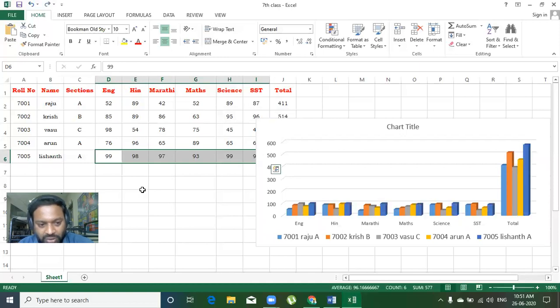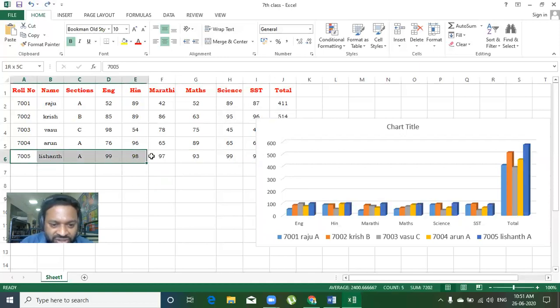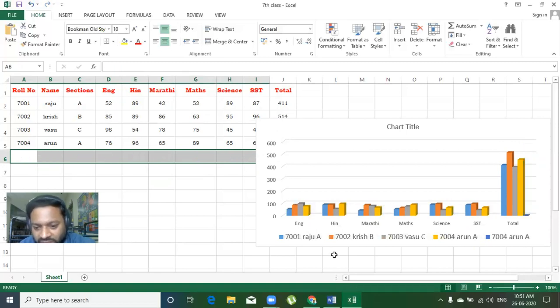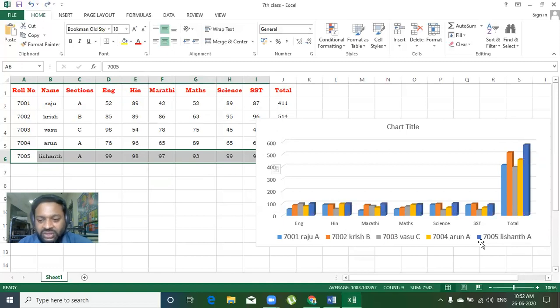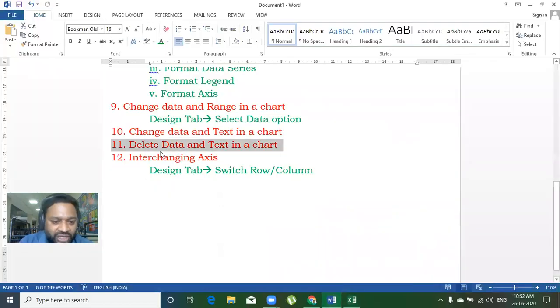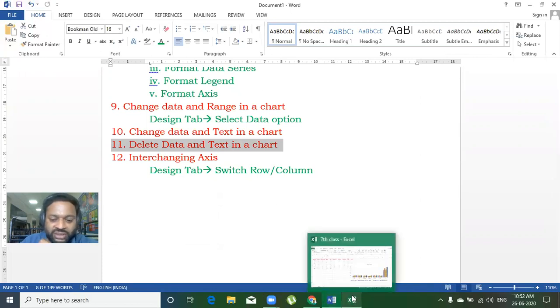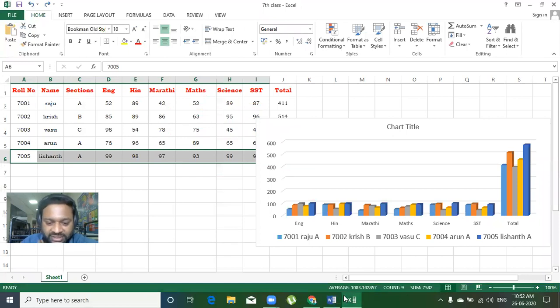If I delete their name, roll number, section and the complete data, then you can see Lishant's name is not there and their data series also disappeared. Ctrl Z to go back. So in this manner, whenever you delete the data, the data series will also be deleted from the chart, that we have discussed now.